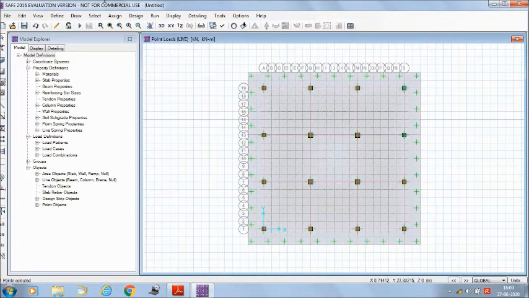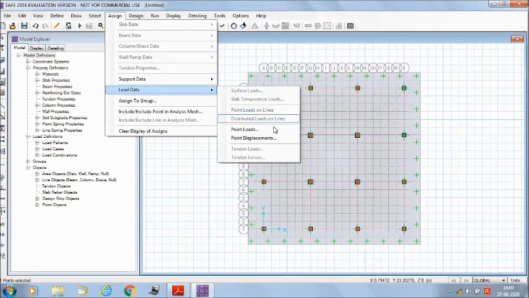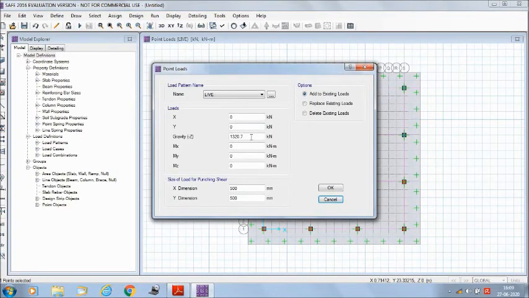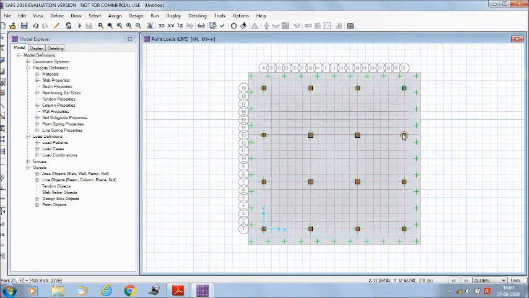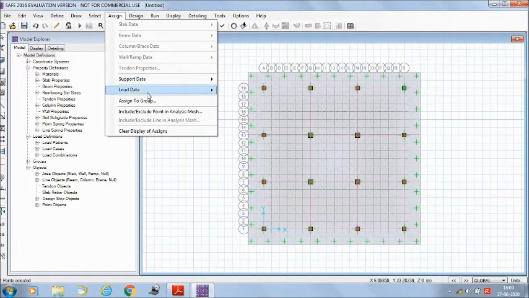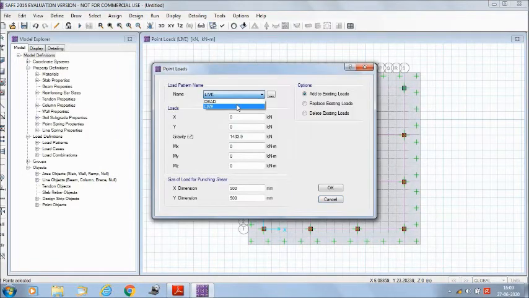For column number 15, the live load is 1433.9 and the dead load is 2996.1.